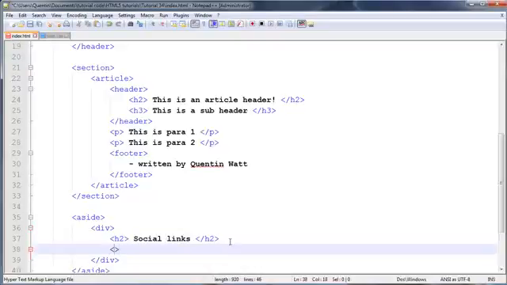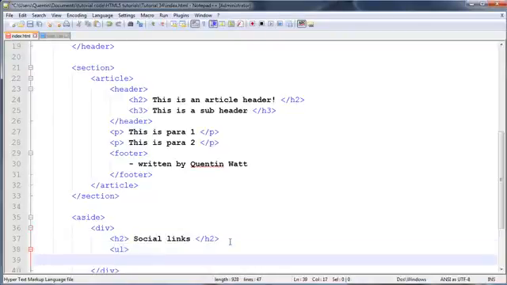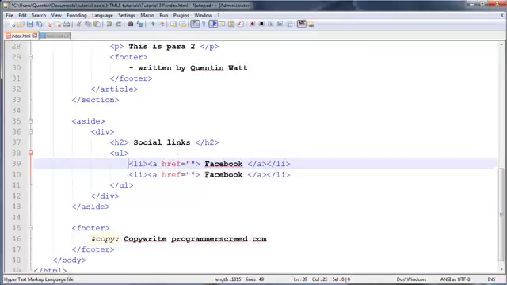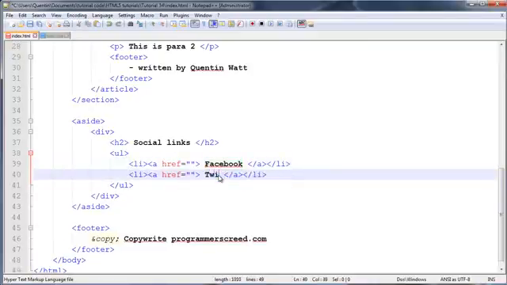So to do that, let's actually create an unordered list and ending unordered list, and again li and ending li, and in here the two A tags. Okay, so let's just give that an href of nothing at the moment, so it's blank, and in here type in Facebook, and we could probably just duplicate this line and type in Twitter,